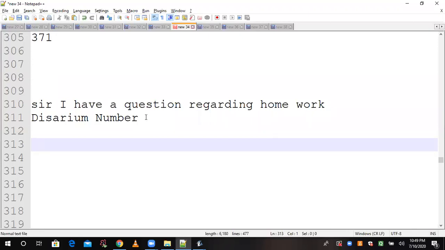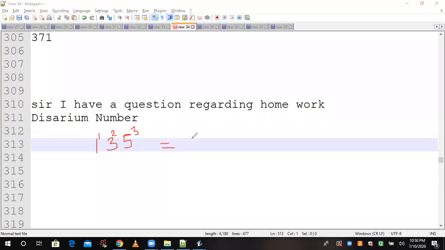This is my guarantee. 135 is a Disarium number. How is it Disarium? Raise each digit to the power of its position. 1 is on the first position, 3 on the second position, 5 on the third position.